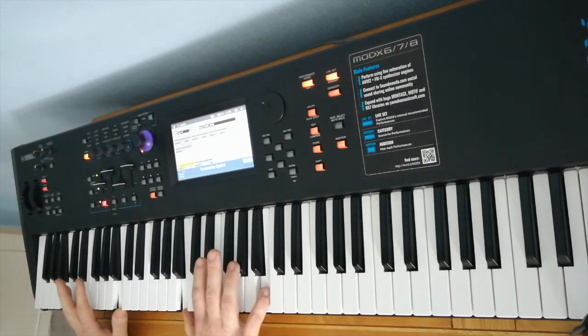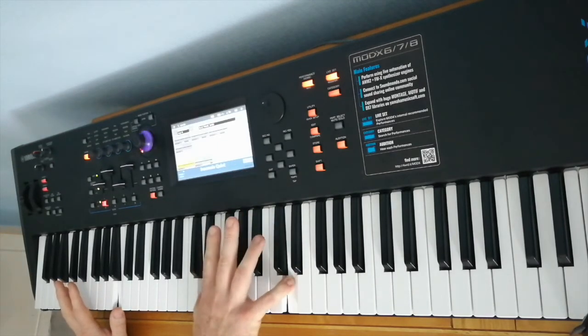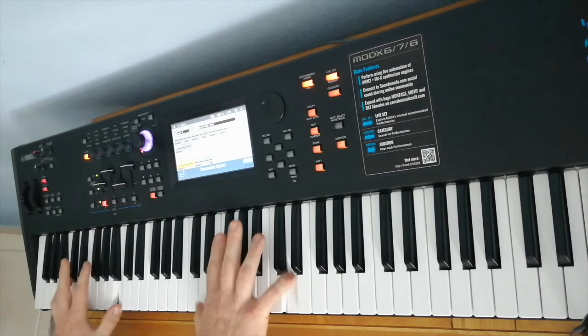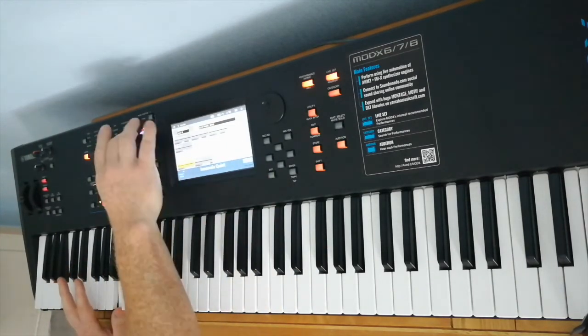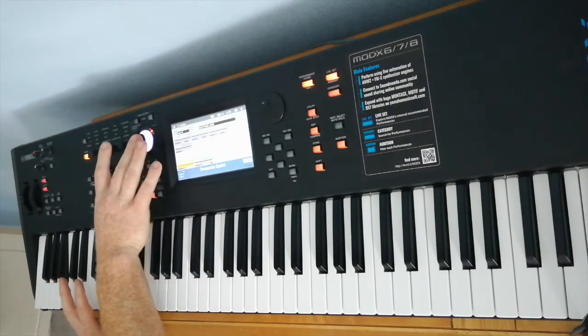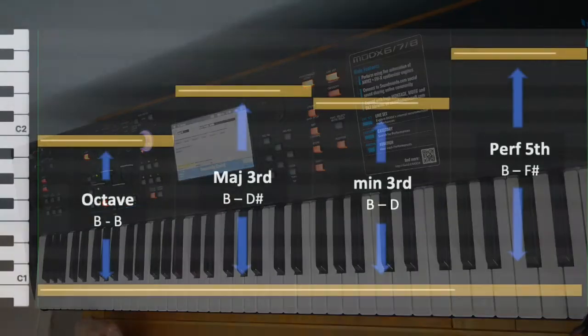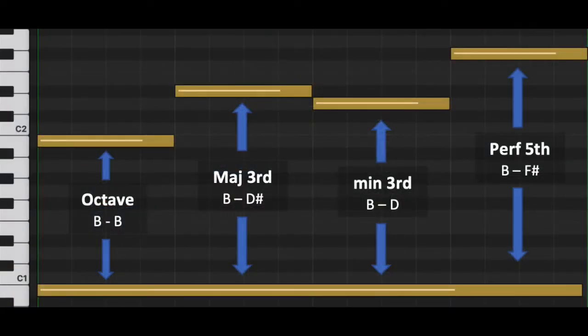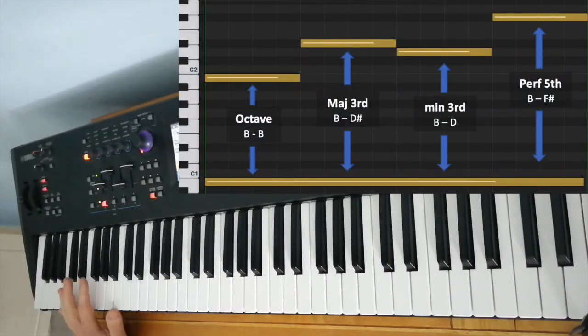Yeah, so it starts with a drone, and then we get a melody line. Now, you might think, well, what's interesting about that, John? Well, what's happening and why it sounds a bit strange is not just the effects. We start off with the root, and then from the root,